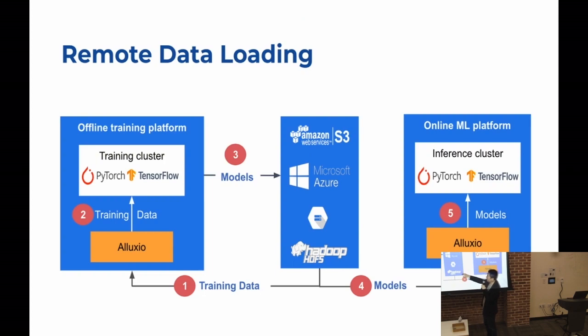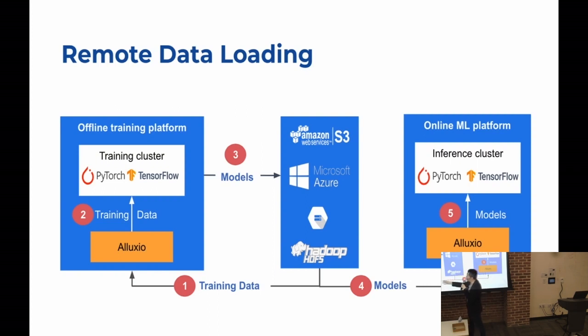Probably they may have some data stored in some remote storage or cloud, maybe in another data center. But for each data center, they may have their own compute power. So they may have maybe 1,000 GPU machines on the East Coast, but their data is still on the West Coast. So they need to load the training data from the remote.